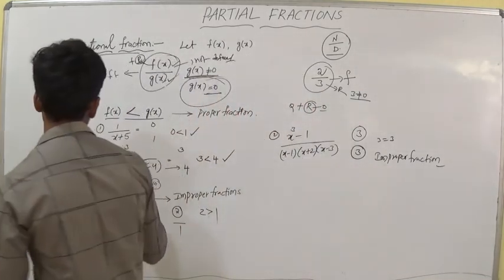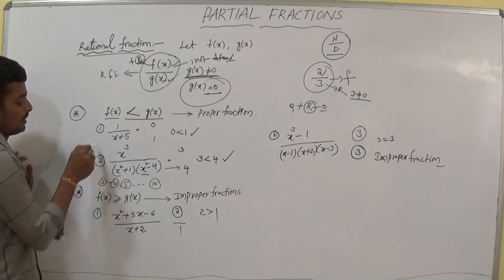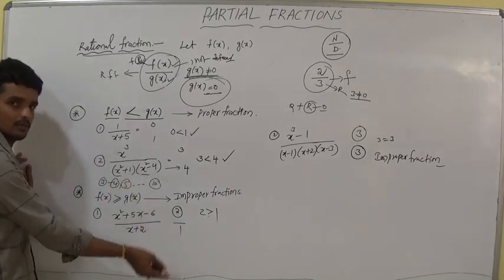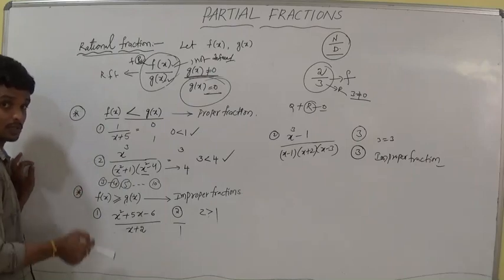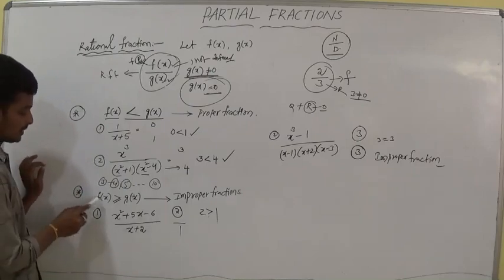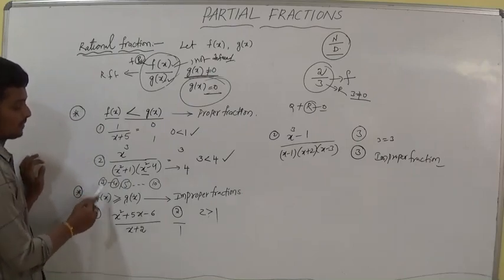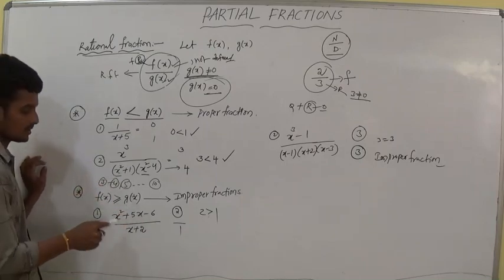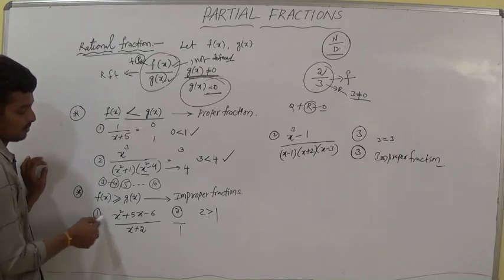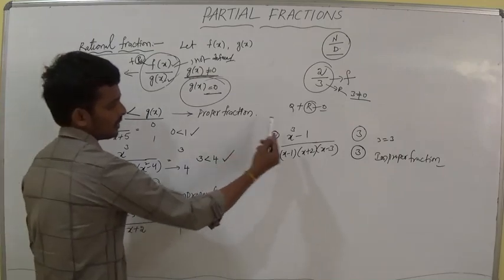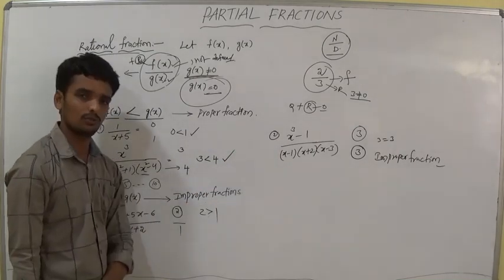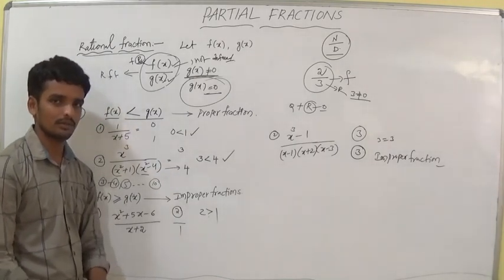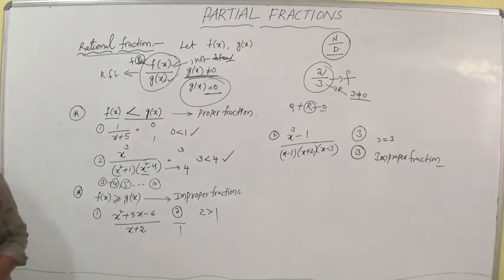I am writing 2 examples. You have to write yourself nearly 3 to 4 or 5 examples, as you wish, in your notes. You have to write the notes also. Keep the heading here, improper fractions, and the definition of the improper fraction. You have to frame the sentences. I am writing 2 examples, here 1, here 2. You have to write 2 to 3 more examples. Okay, did you understand? Shall we move to the next topic? Okay, thank you.